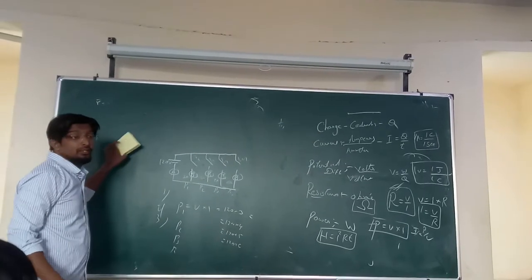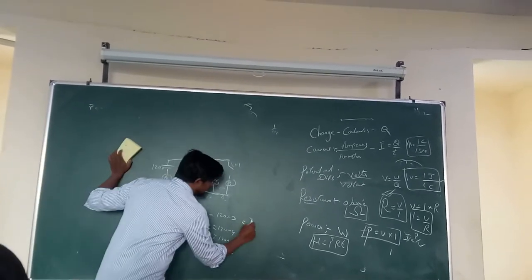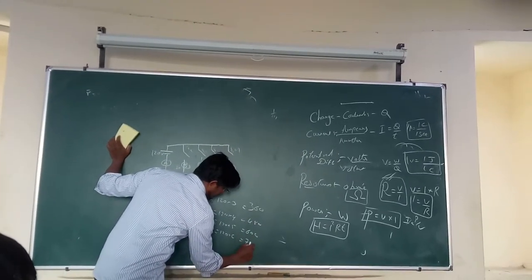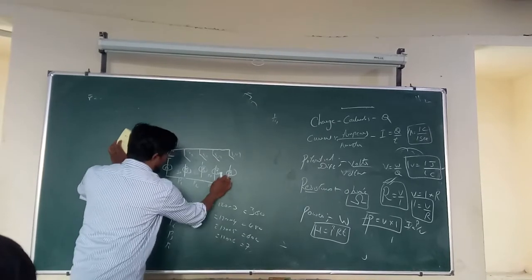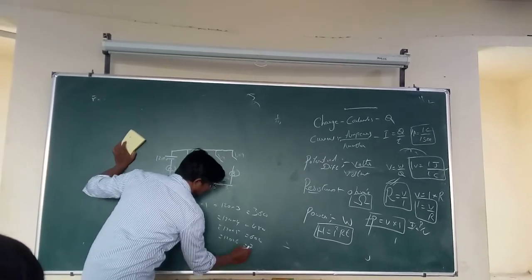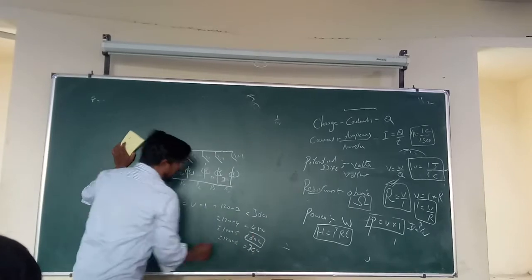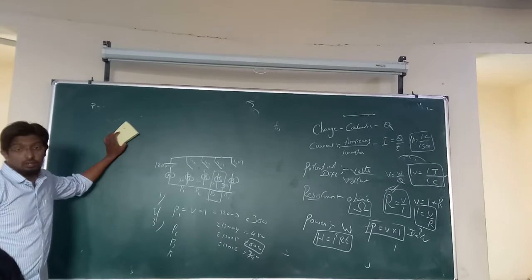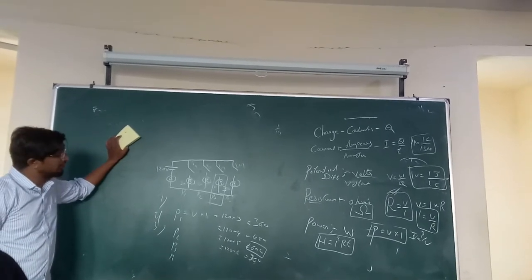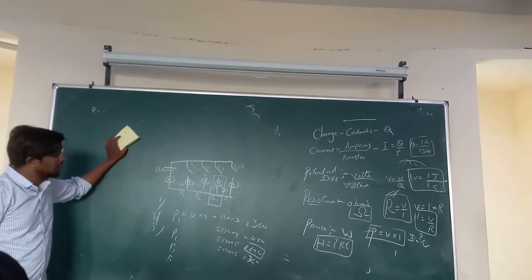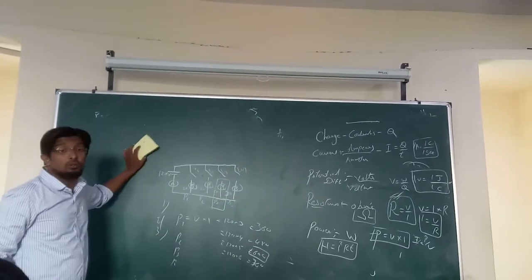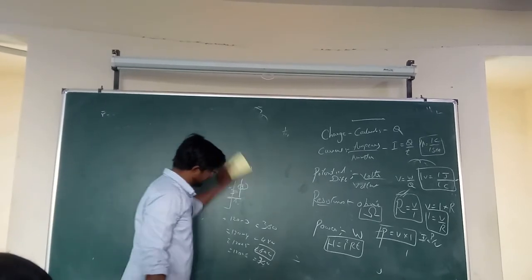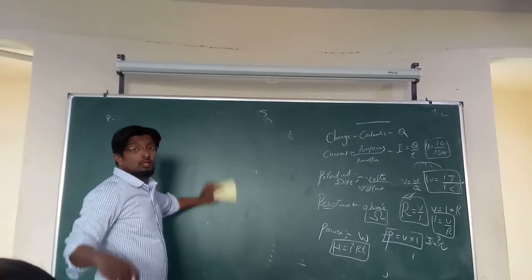120 into 3 is 360. 480. 600. 720. Which has more power? Bulb D, with 6 amperes, will glow more. Right? So this is the way they are going to ask the question. You need to be able to use the formula and you need to be able to calculate. Okay? Now I will give one